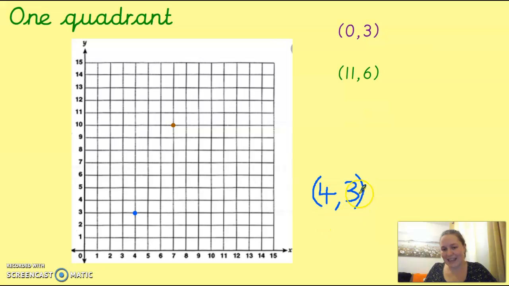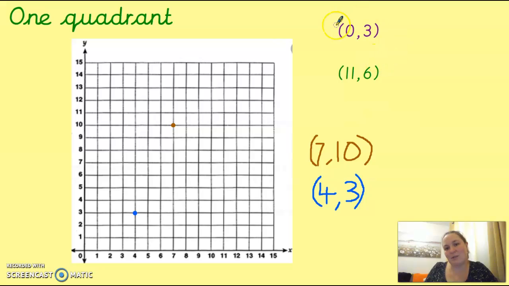That's how I write coordinates. X-axis first, then y. If I look at my brown spot and I try to describe where that one's sitting, I look at x first, so I track down 7 on my x and then 10 on my y. So I can describe that point as being at 7, 10. Now, if I look up here